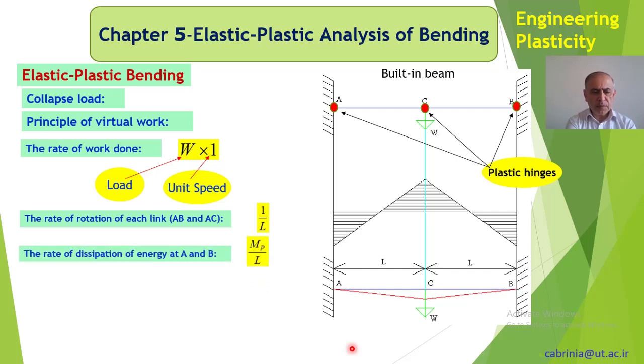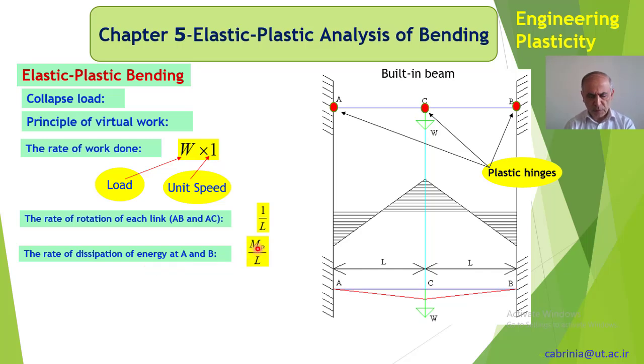So the rate of dissipation of energy at A and B, because we have a force W here, which has caused maximum plastic moment at A and maximum plastic moment at B. So fully plastic. This is fully plastic. So the rate of dissipation of energy, or work, doesn't matter, dissipation of work